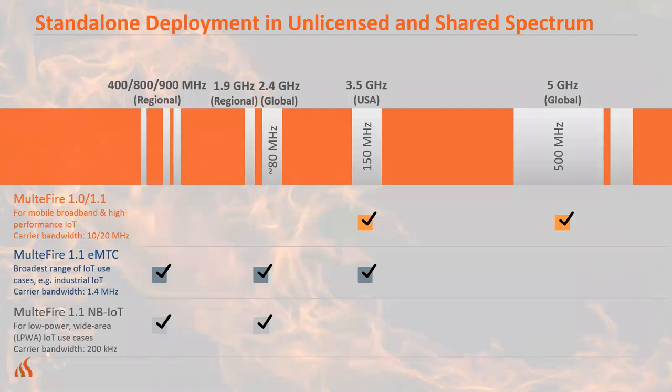Now for release 1.1 specifically, oh, you have it there, great. So we have listed additional bands that could be targeted, such as sub 1 gigahertz, 1.9 regionally, as well as 2.4 when it comes to eMTC and NB-IoT applications. I know 3.5 is listed on this slide. That's more of a technical solution available, but as I mentioned earlier with CBRS, LTE will be deployed there in the States.